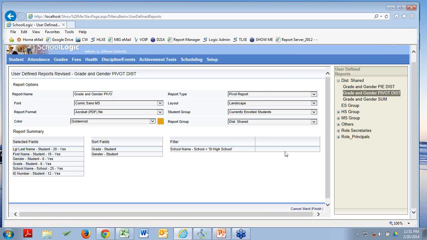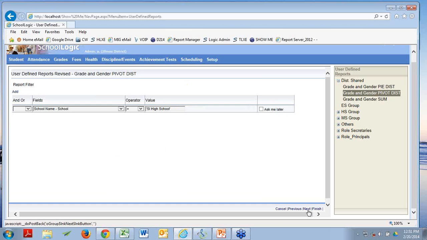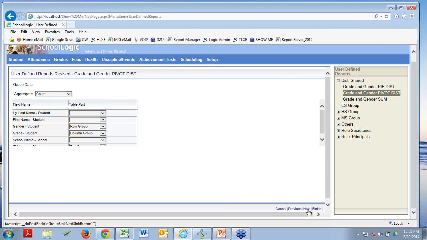Up front, I make the choice not report, but pivot report. And then I scoot out here to my defining area, and that's right here. Okay? Now,